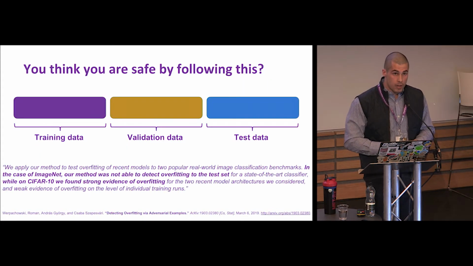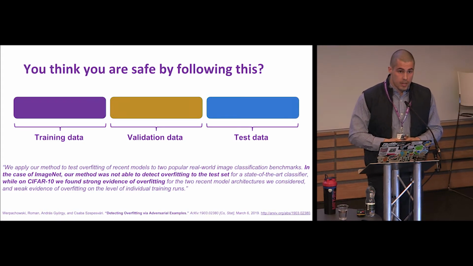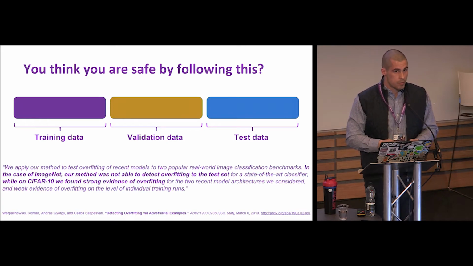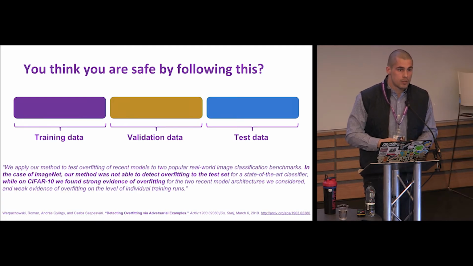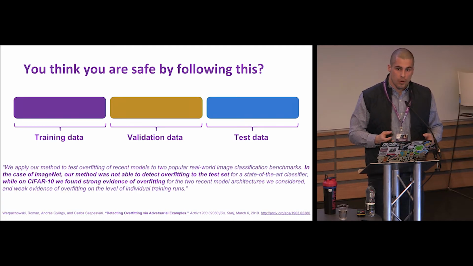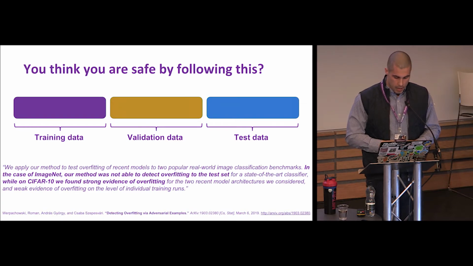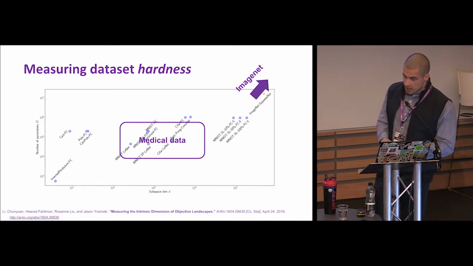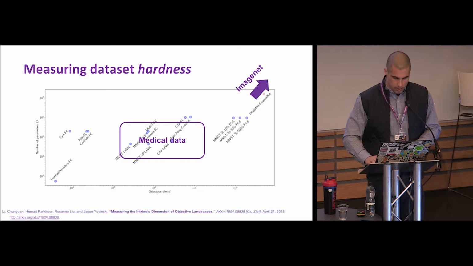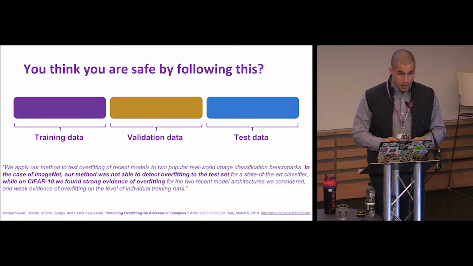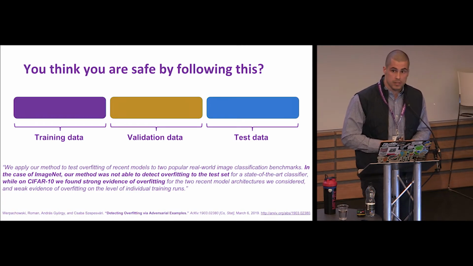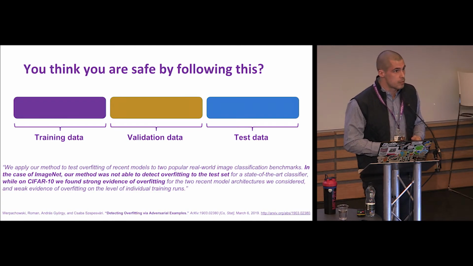So you think you're safe by following this approach. Well, there was a study recently published, Detecting Overfitting via Adversarial Examples, which tries to tackle this exact problem from a more statistical perspective. They try to develop a statistical method which would allow us to see if a deep learning model is overfitting to the test set. What they find is that within this range of medical data, where you have CIFAR-10 and CIFAR-100 data sets, which have 10 categories and 100 categories, the currently used classification models, convolutional neural networks, which are considered state-of-the-art, are in fact overfitting to the test data.